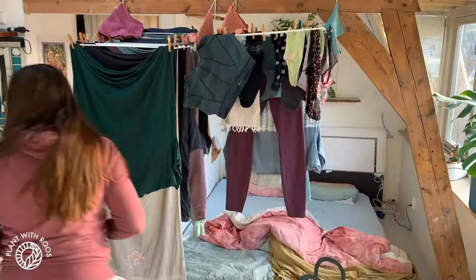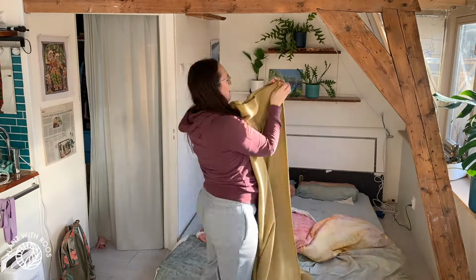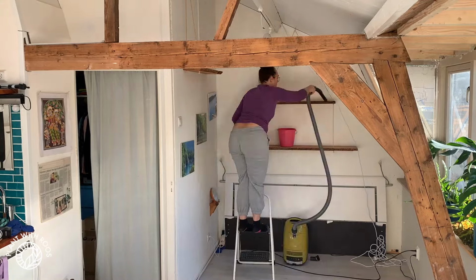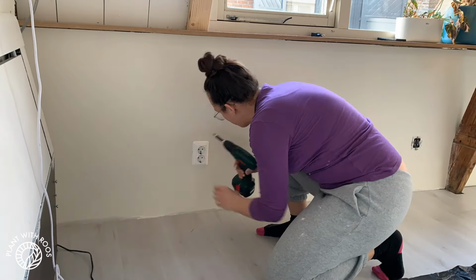My boyfriend prepared them, but they don't have actual paint on them yet. So let's do it together. I removed the laundry and then folded up the mattresses to make sure I could reach the wall. It was also really, really dusty, so I cleaned the shelves, I removed the sockets, and then it